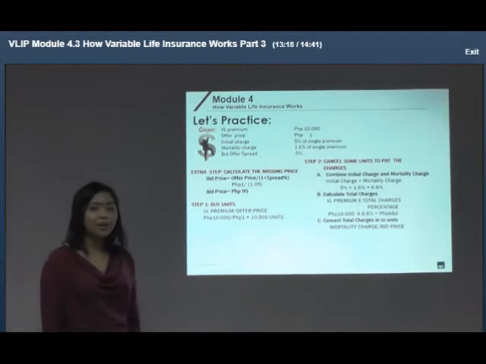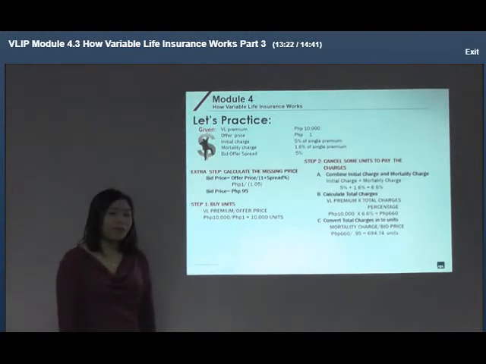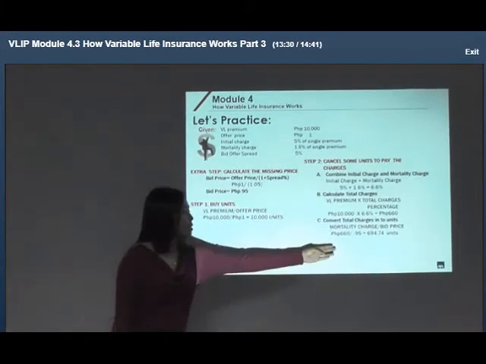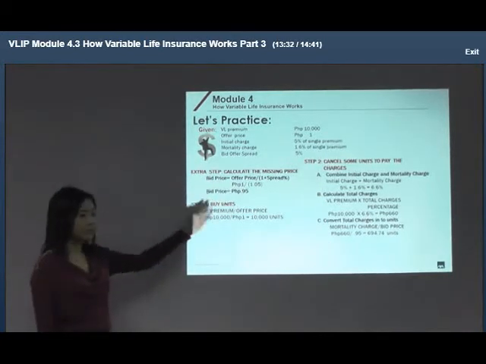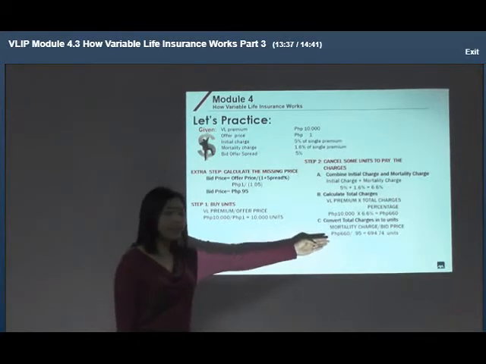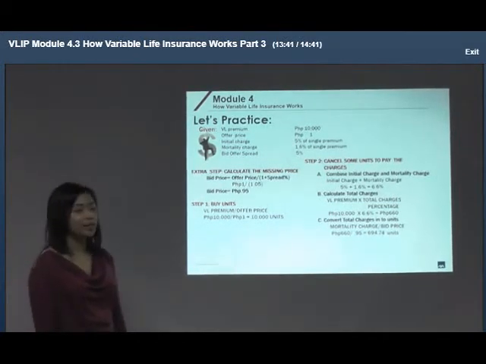Thus, we use bid price. From our previous calculation, the total mortality charge is 660. We will divide that by the bid price, which we calculated earlier. So 660 divided by 0.95 pesos will give a total charge in units of